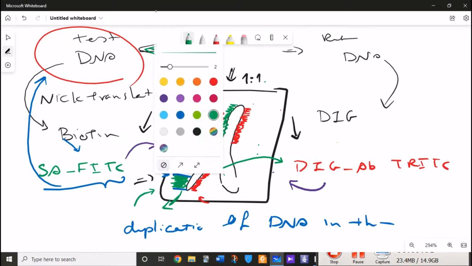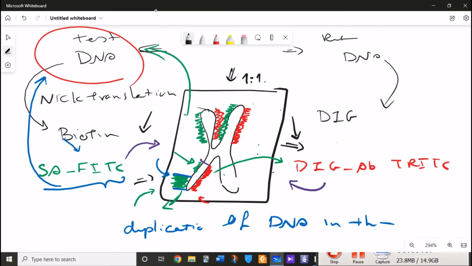As I mentioned before, the red signal originates from the reference DNA, from a healthy tissue. So it could not be suffering from a kind of duplication, for example. So in this region, the reduced green to red ratio is a direct result of deletion of DNA in the test